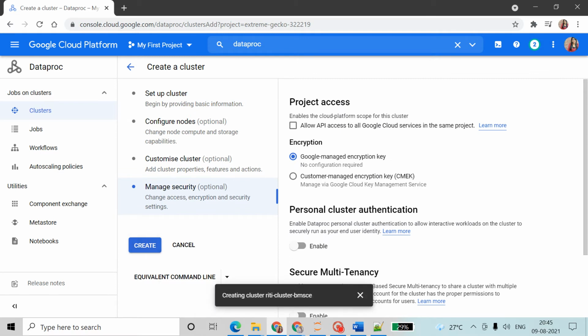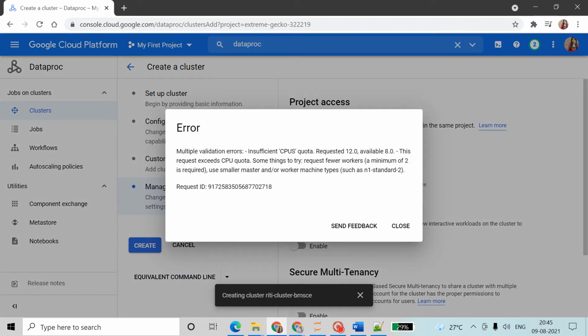Creating cluster. Multiple validation errors, insufficient CPU request, 0.2 available. This request exceeds CPU quota. Something to try: request fewer workers, minimum of 2 is required. Use a smaller master or machine type such as n1-standard.